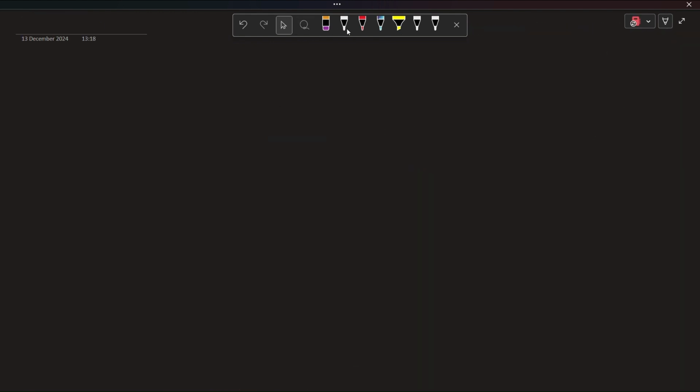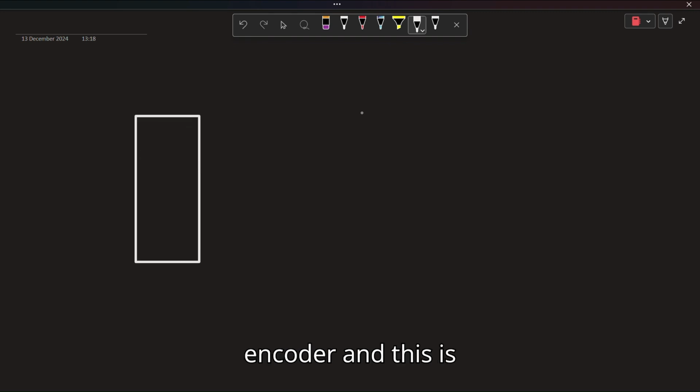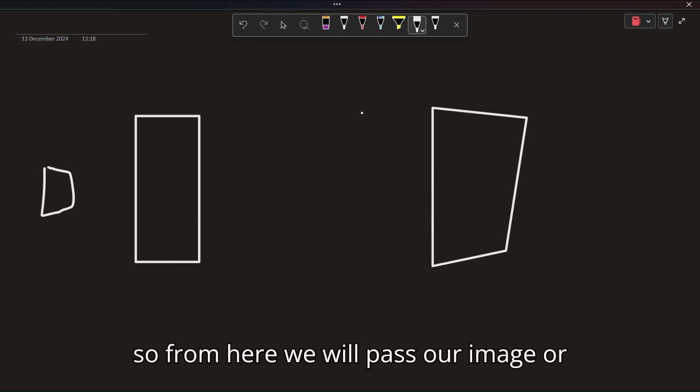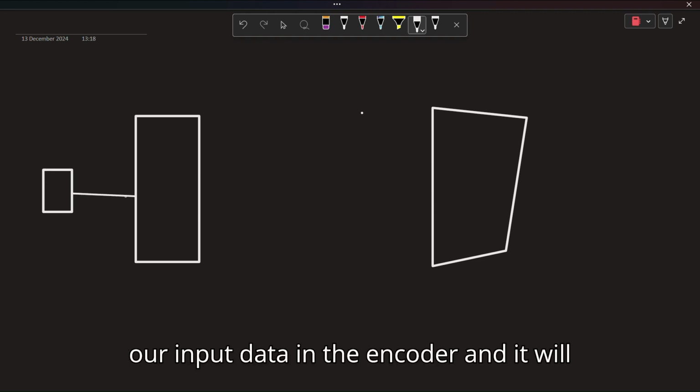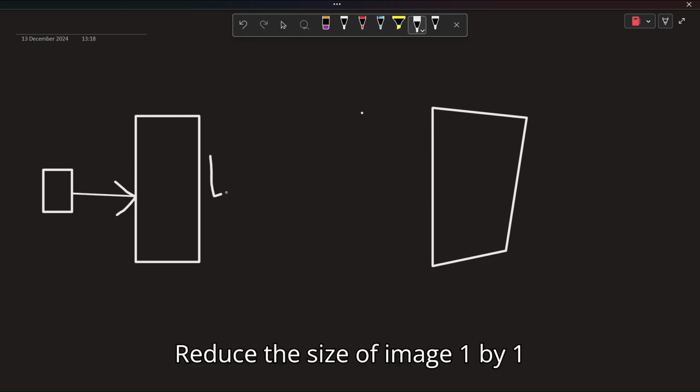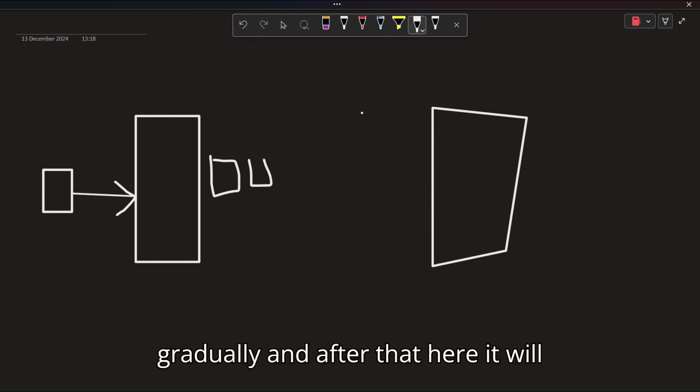So this is our encoder and this is our decoder. From here we will pass our image or our input data into the encoder, and it will reduce the size of the image gradually.